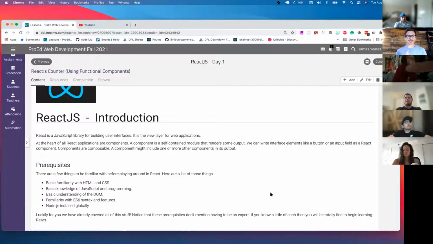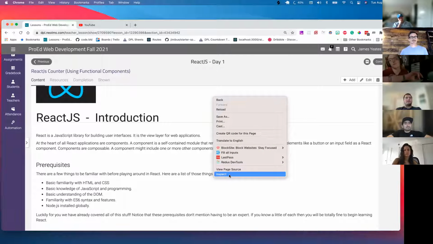So before we start with React, it's good to know some basic HTML and CSS. It's good to know basic JavaScript. I mean, React is obvious, it's written in JavaScript, so we're going to need to know that, and we're going to get really good with JavaScript by writing React. We need to understand what the DOM is, and all the DOM is, if